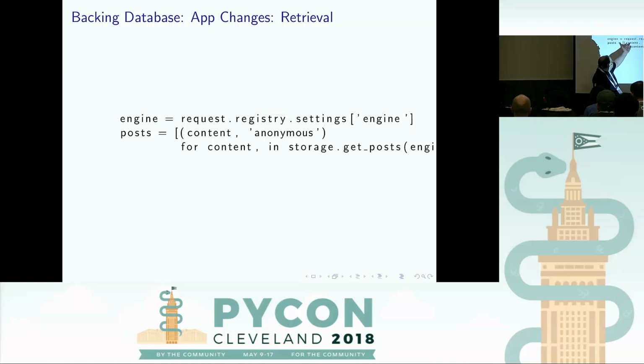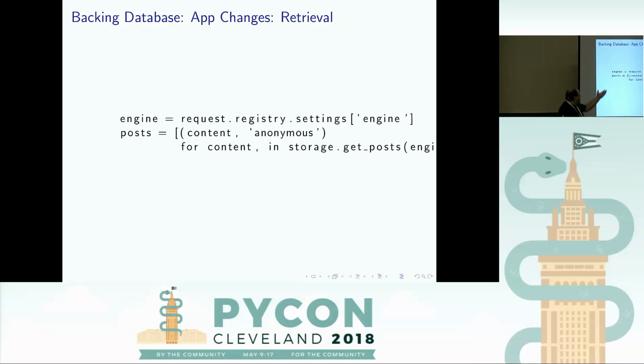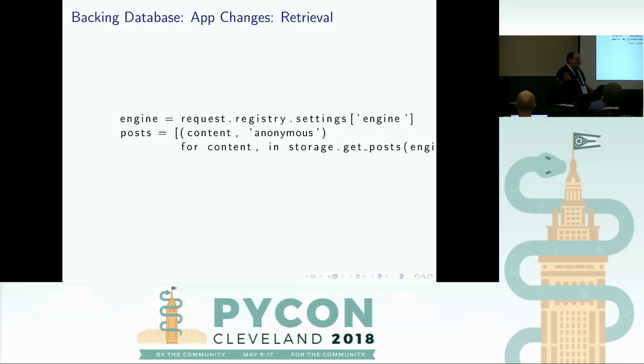So we go to the request. Remember that one of the arguments you get is a request. The request has a registry attribute. The registry attribute has a settings attribute, and that settings attribute corresponds exactly to the settings you have in your configuration in Pyramid. So when you get the engine like that, you get the engine that was set in